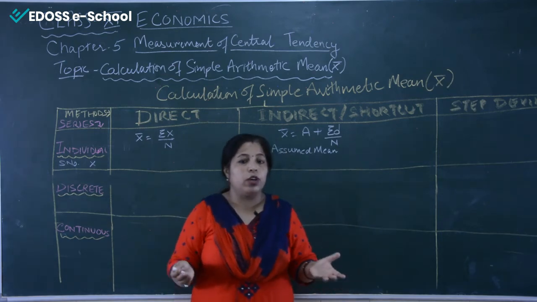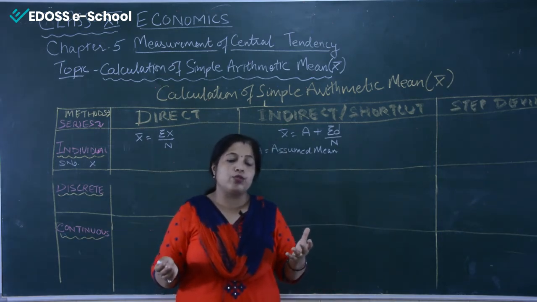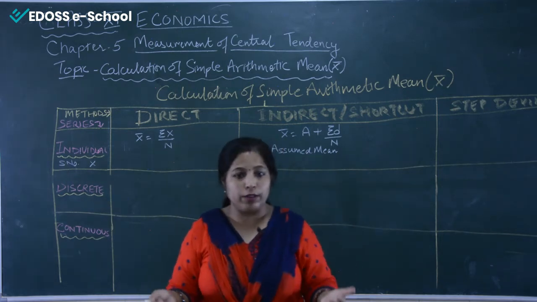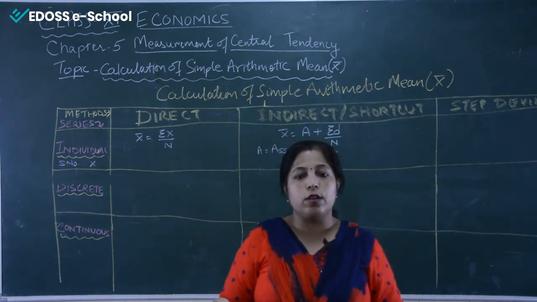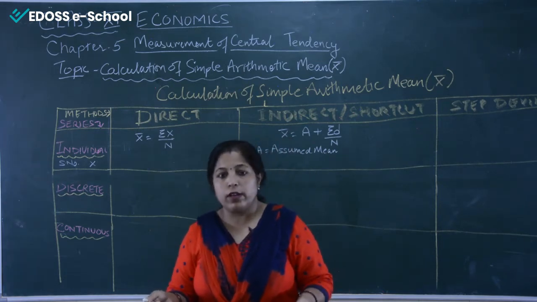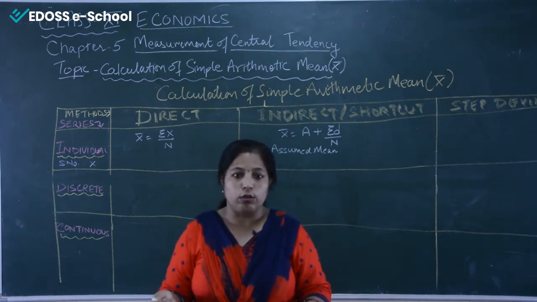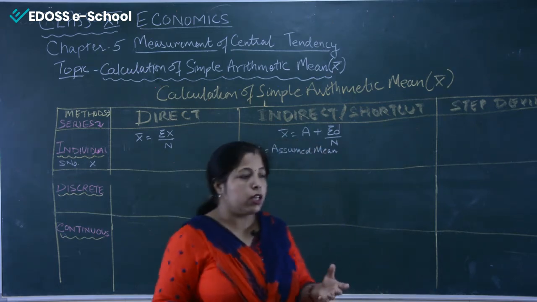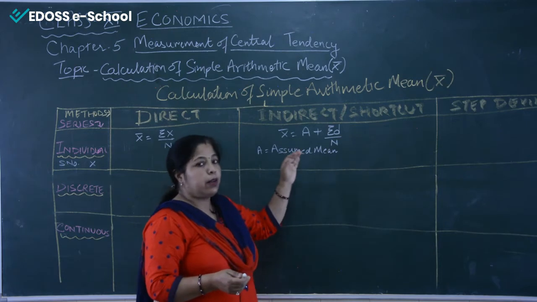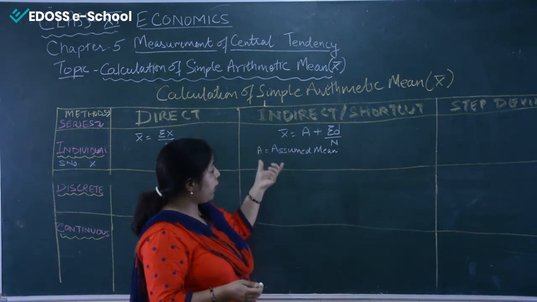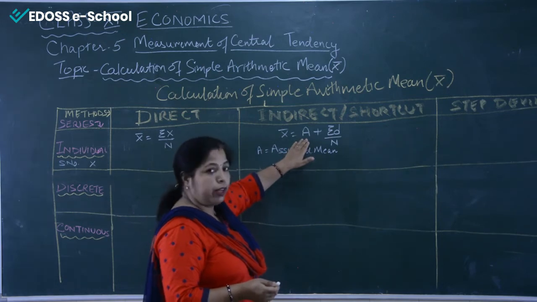But make sure the number which you are going to select should make your calculation easy. Answer will come with that tough number also. Suppose in a series of 10, 20, 30, 40, you are assuming 98. Answer will come from using 98 also. But assume a number which will make your calculations easy. So assumed mean is any number you are assuming to be mean. This is the meaning of A.